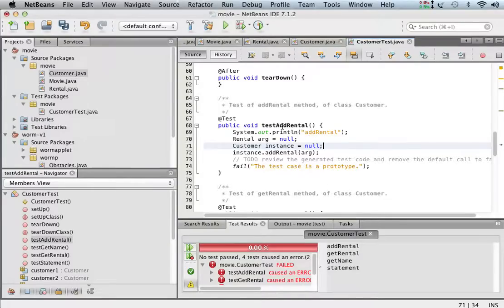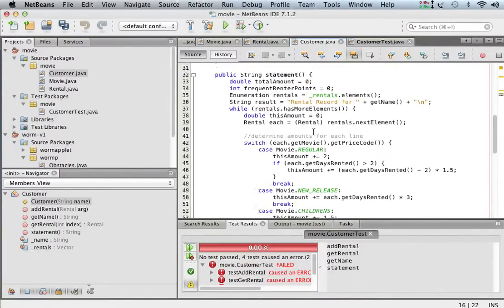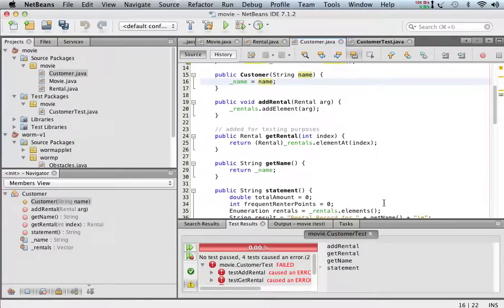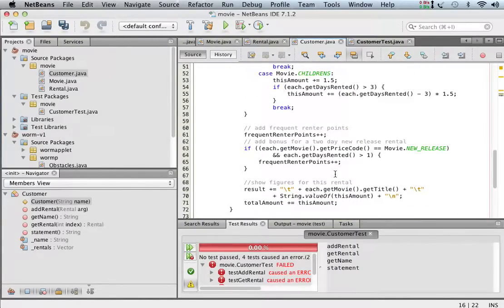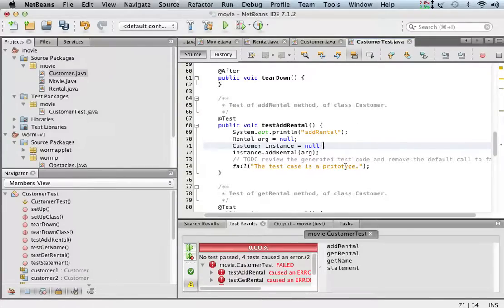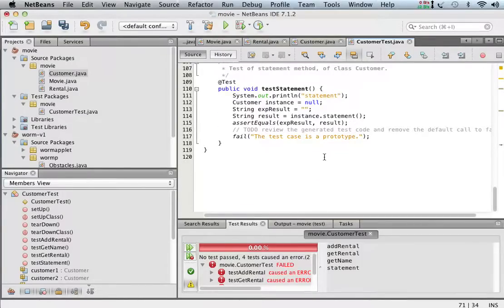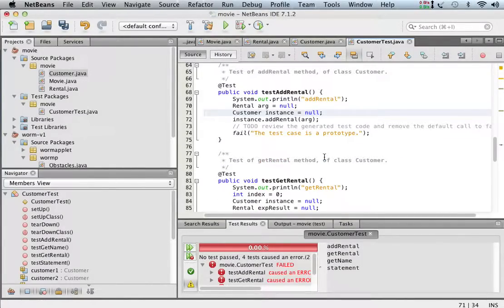so then there's this test add rental. Okay, and the way these work is, for each of the methods, except for the constructor, there's a test. So there's going to be a test add rental, because we're testing the customer class. There's going to be a test add rental, a test get rental, a test get name, and a test statement. Okay. So let's see, for test add rental,